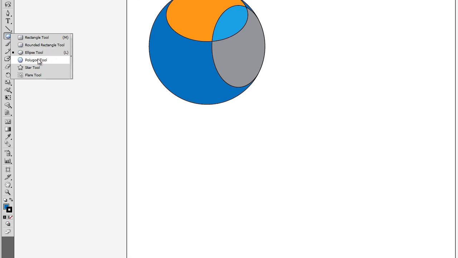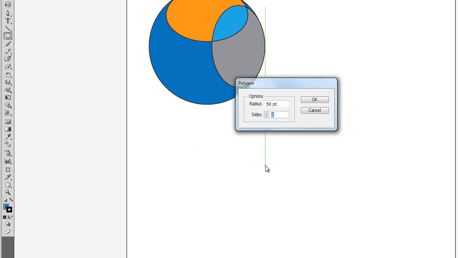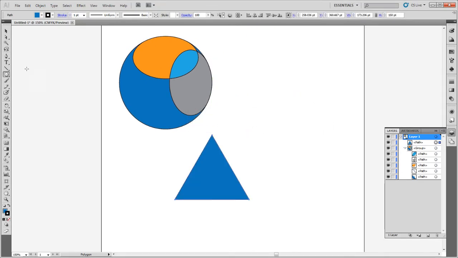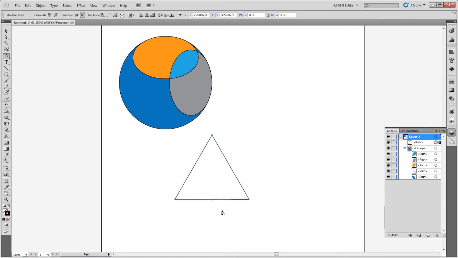So let's go with the polygon tool. I'm just going to click right on the stage, and I'll start with 100 points, 3 sides to my polygon. There we go. I'm going to change that so it's got no fill, and I'll take my pen tool, and you can see what happens as I move my pen tool around. It's looking for other things to line up with. I'm going to click right there, create another point halfway along that path, and then drag this up like so,